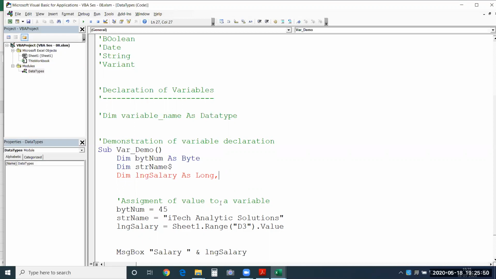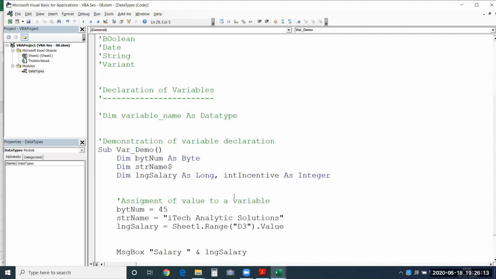Now let me show you what we can use here. Maybe integer. Okay, so I'll say intNum as integer. Instead of num, just say incentive, something like this.